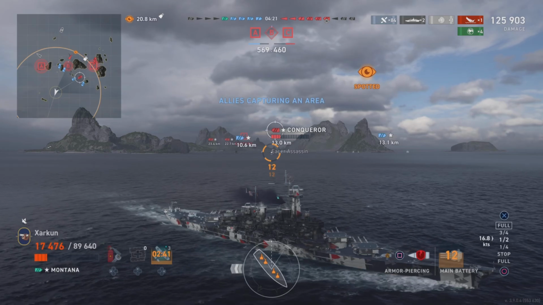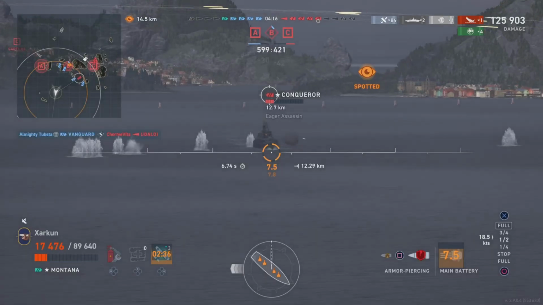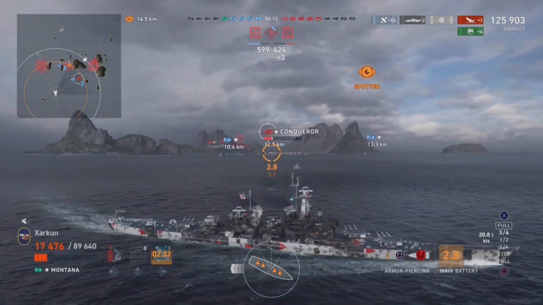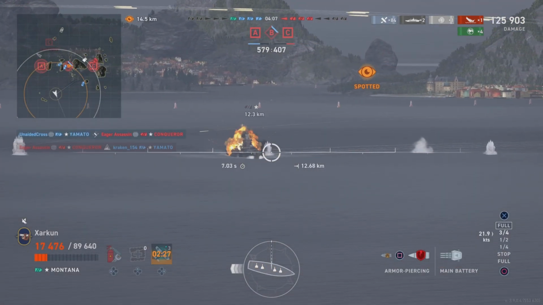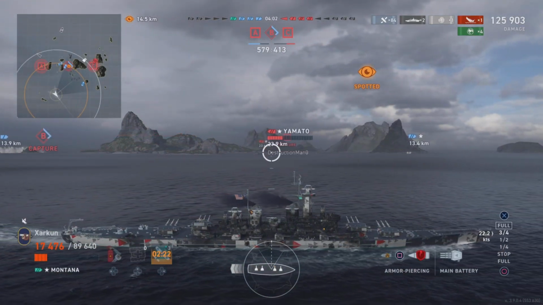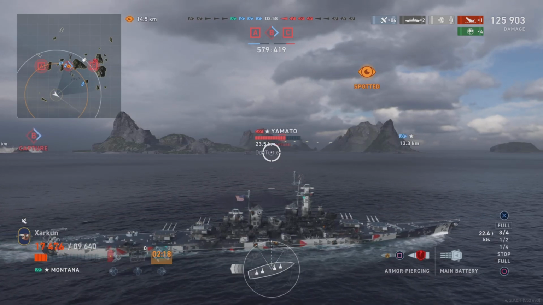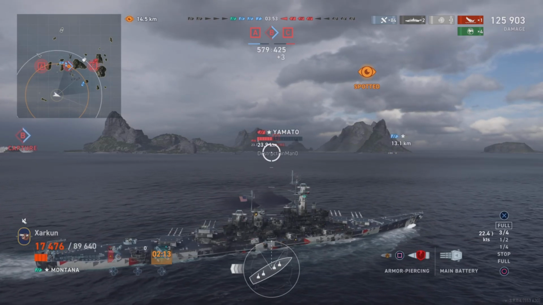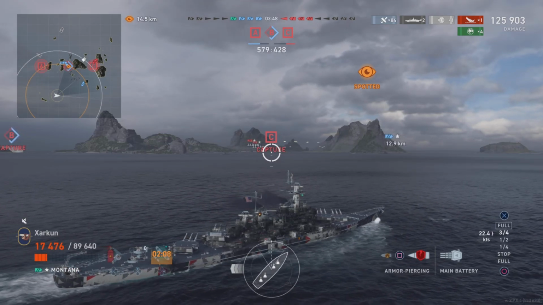So there are going to be some situations in the Montana when you're facing off against Legendary Tier battleships like the Yamato and Grosser Kurfürst especially, where their pointed bow is angled at you really well, and unless you hit their superstructure, you really can't do a whole lot of damage. You're going to see we're up to 125,000 damage done right now,